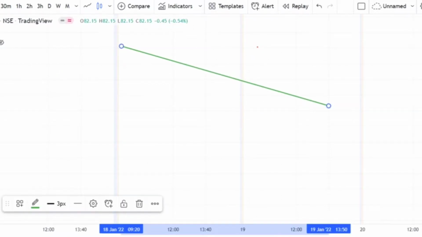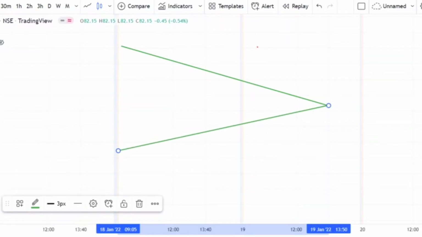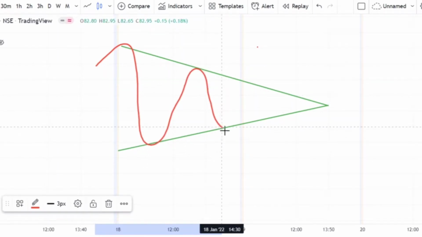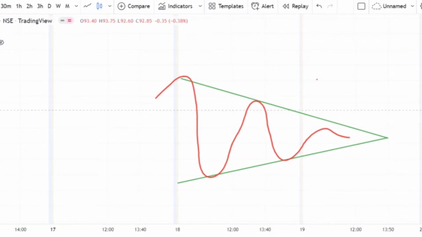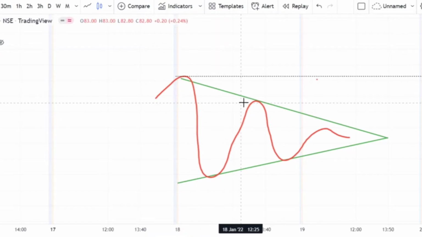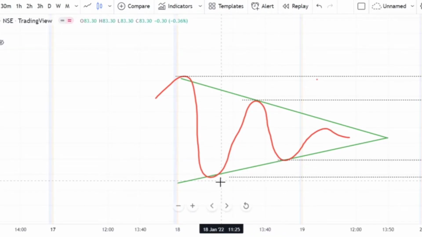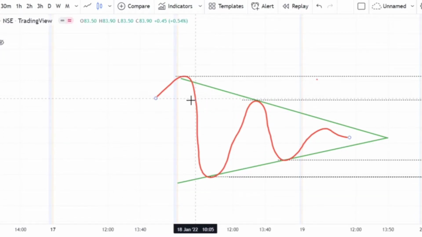So this is how the pattern looks like, right? Okay, and the price movement is something like this. Also, let me draw the levels. The first level is here, here, here, and here, right? So what happens here is that when the price is at 107 at its resistance, the